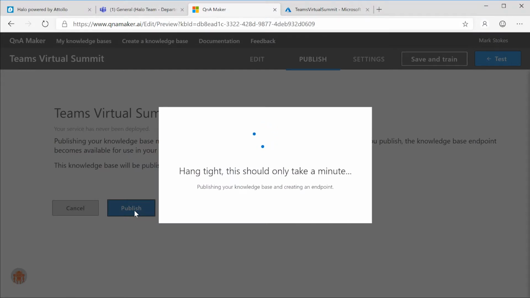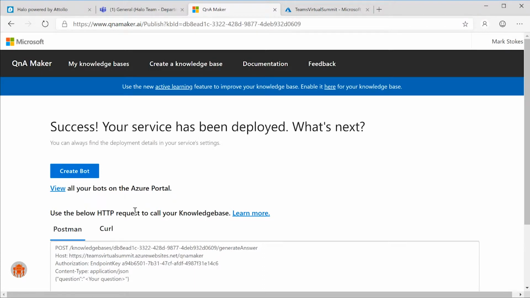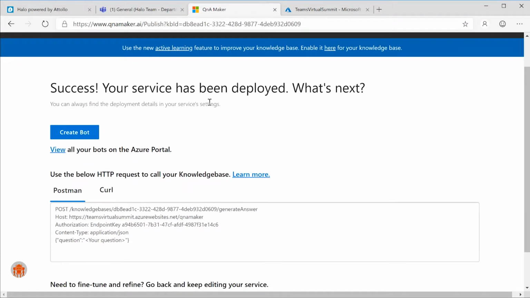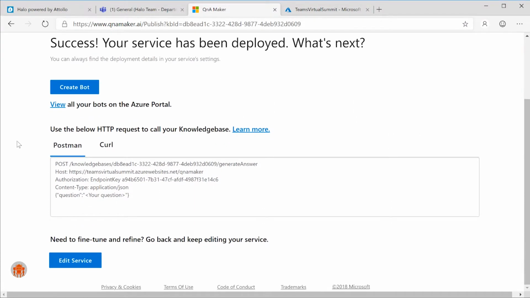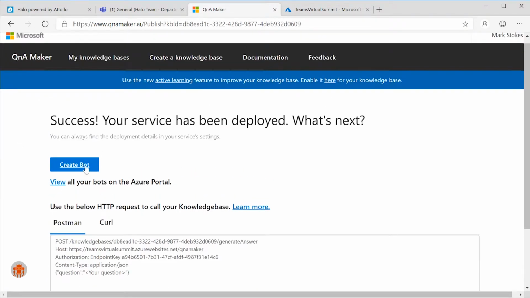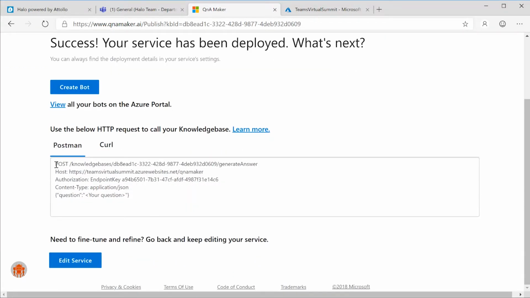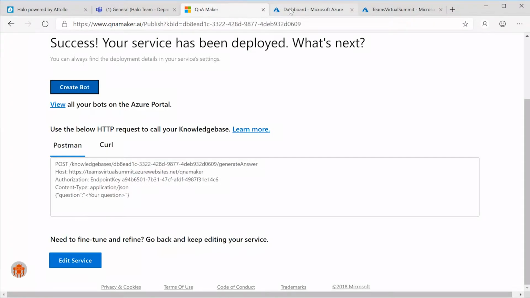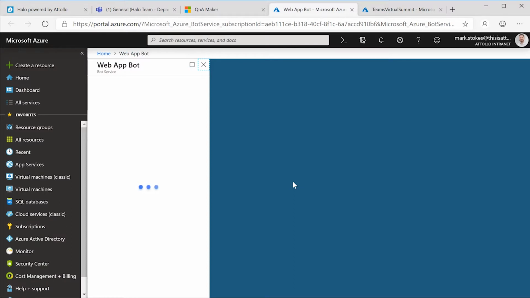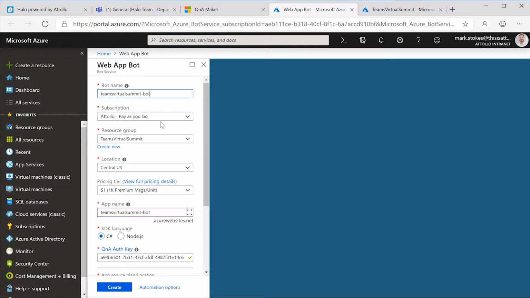So we just publish that knowledge base to make it available, and that's deployed. So now it's ready to use, and it gives us some information that we need to access that Q&A set in some different form, and it gives us an option here to create a bot. So that's going to take us straight back into Azure. It's going to go and create a bot service and allow us to connect it to the question and answer set we just created. So we give the bot a name,